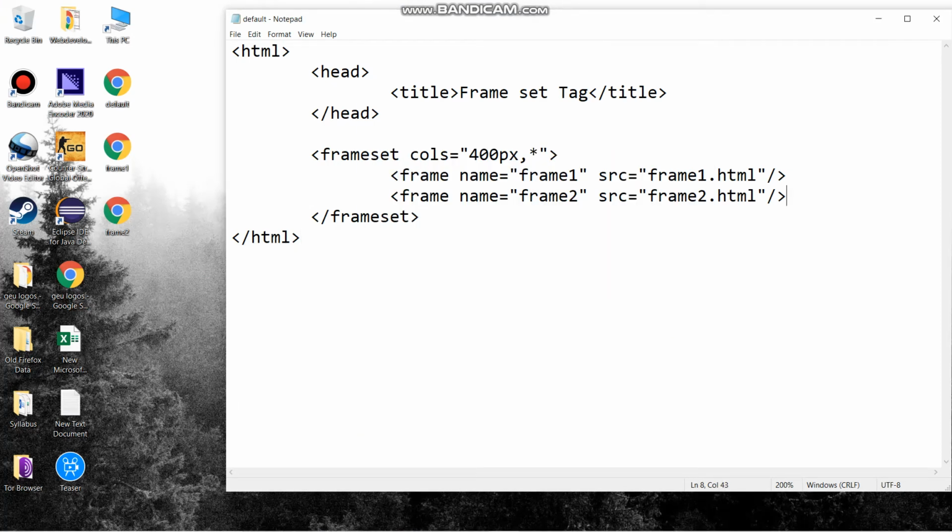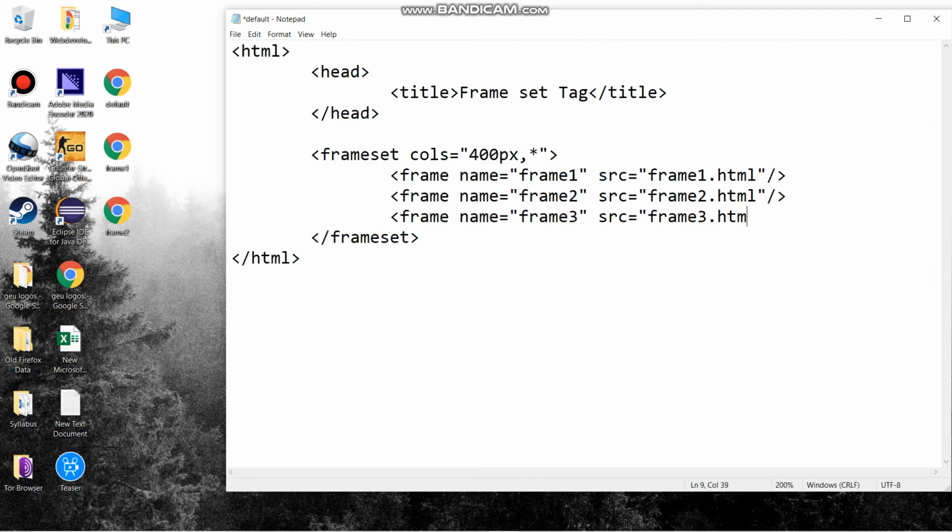After this I will add another frame, frame 3, with the name frame3 and source frame3.html. And within the columns I will give 10%, comma 30%, then comma asterisk. It will complete the section for frame 3 here.